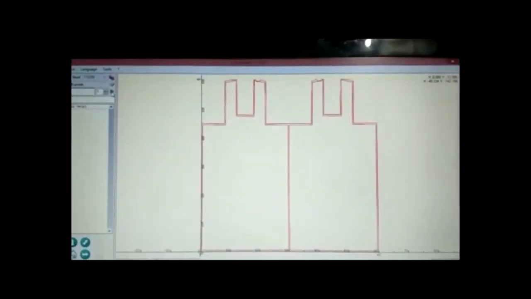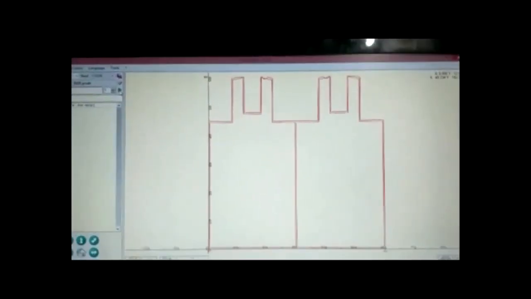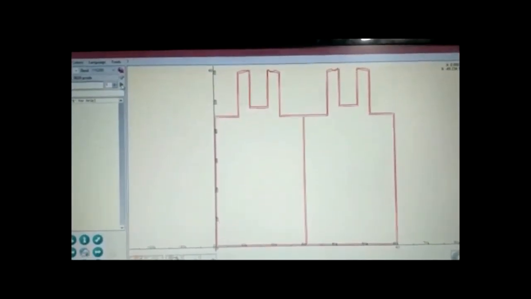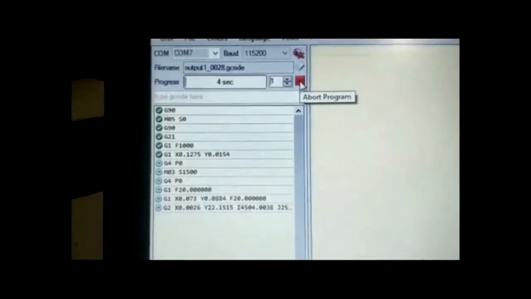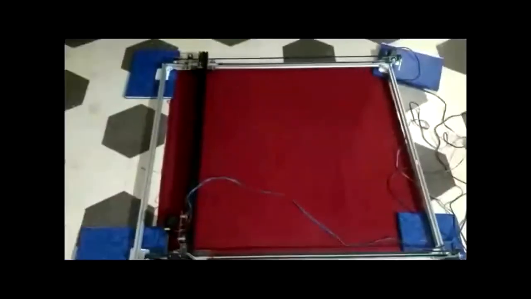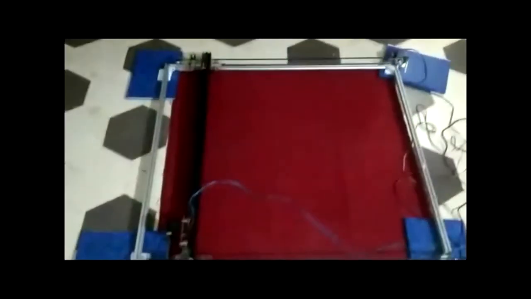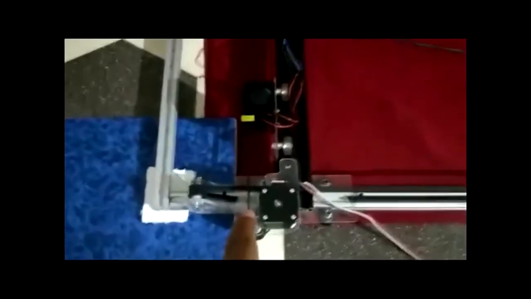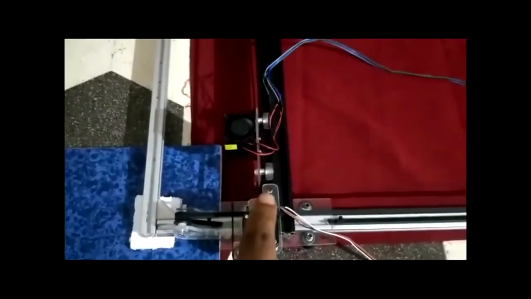Now, to understand how the machine works, I will start the program. So, if you see, it sends coordinates in this form. As I showed you in the software, the 0, 0 point. So, the system knows that the position it is currently in is its 0, 0 point. Since we have the image at its 0, 0 coordinate, it has started cutting from there.